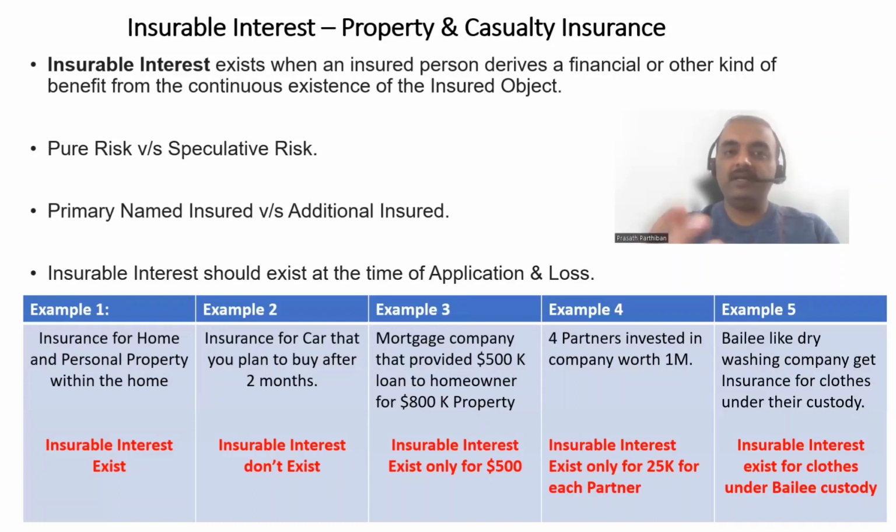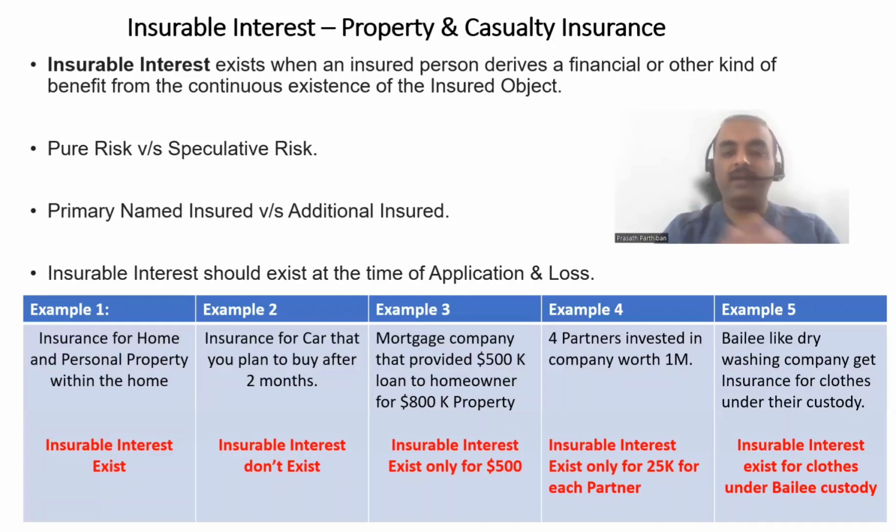For example, if you need a homeowners policy, you need to prove that you have a financial interest in that property. You cannot go to an insurance company and say that I need an insurance policy for my neighbor's home, which means they will decline the policy. Similarly, you cannot say that I am planning to buy a car after 2 months, give me an insurance policy upfront. No, they are not going to give you. The only way you can get your insurance is you need to prove that you have some kind of financial